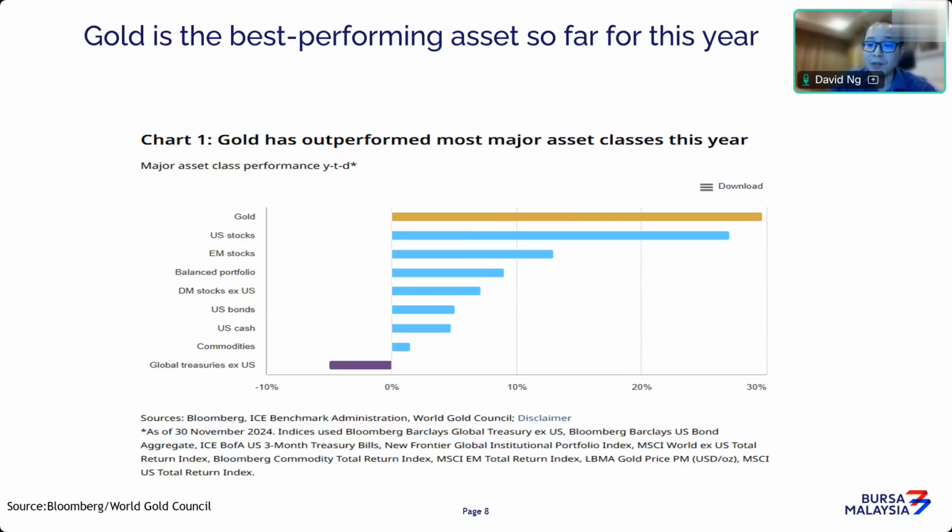Now it's even performing better than US stocks. You have seen how the US Dow Jones, Nasdaq, and even S&P 500 have performed this year. They did tremendously well as well, but gold still continues to outshine. The only thing that is underperforming is mainly the commodities, referring to other types of commodities, mainly your energy sectors, your crude oil, and to a certain extent your grains like soybean, wheat, and corn. These tend to underperform, and obviously treasuries as well.